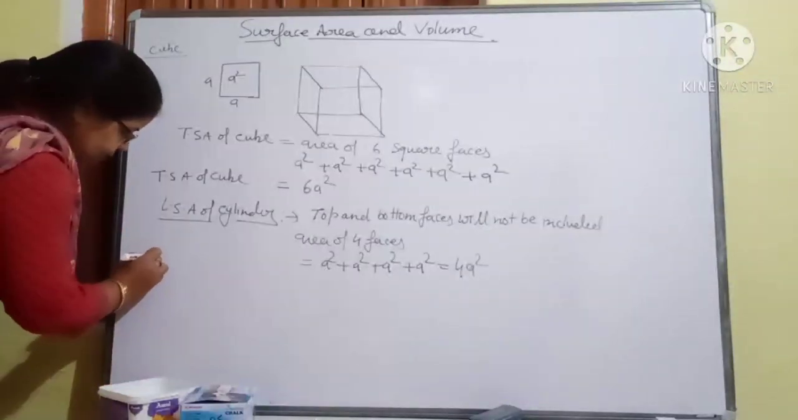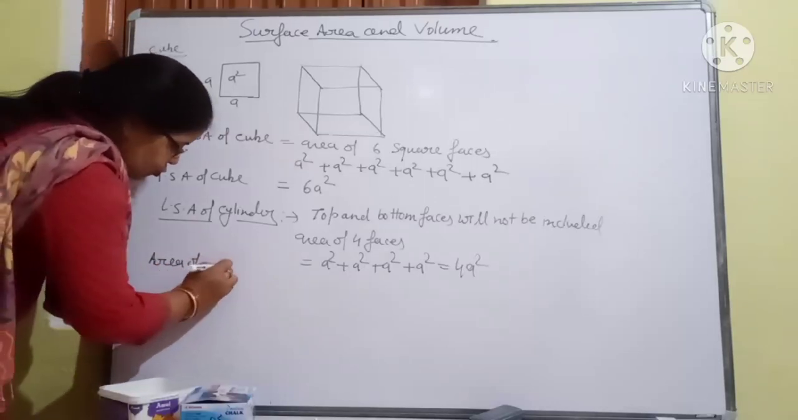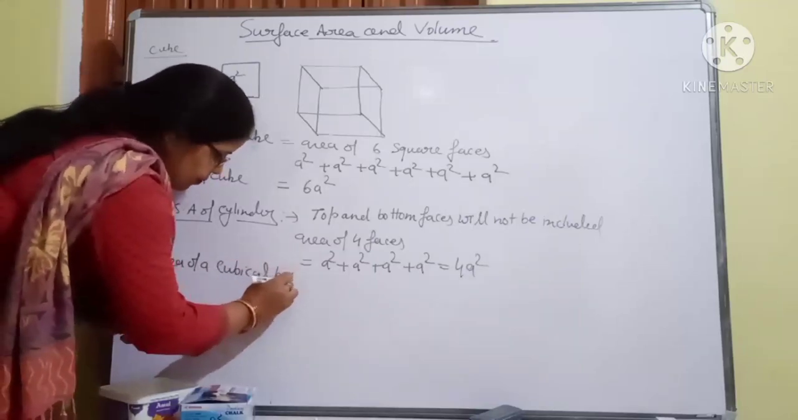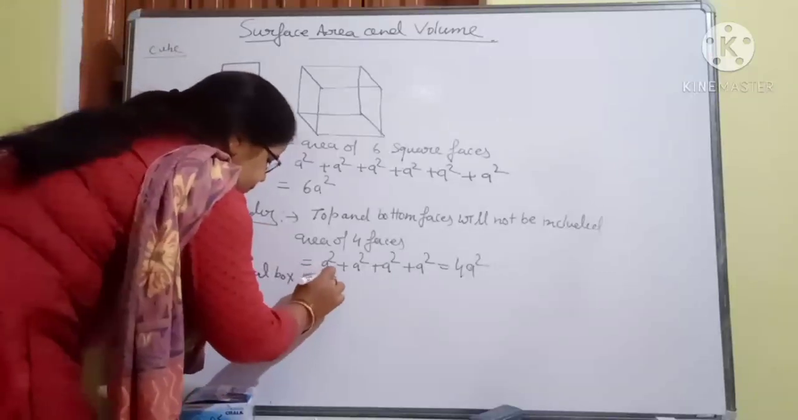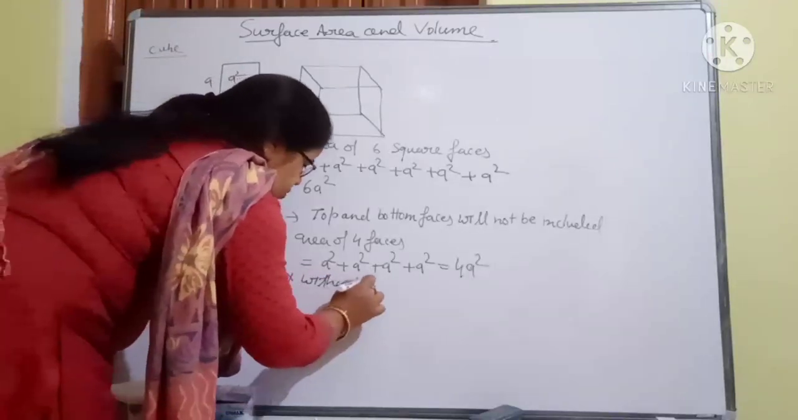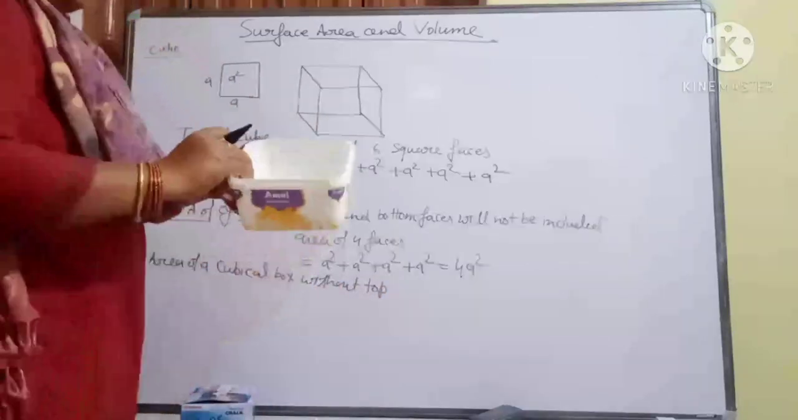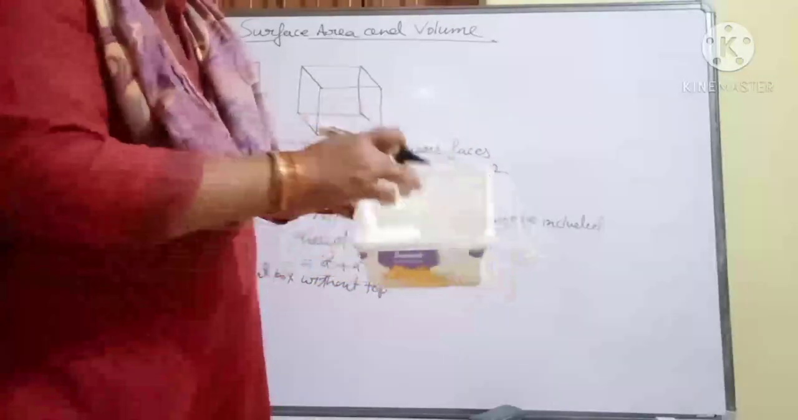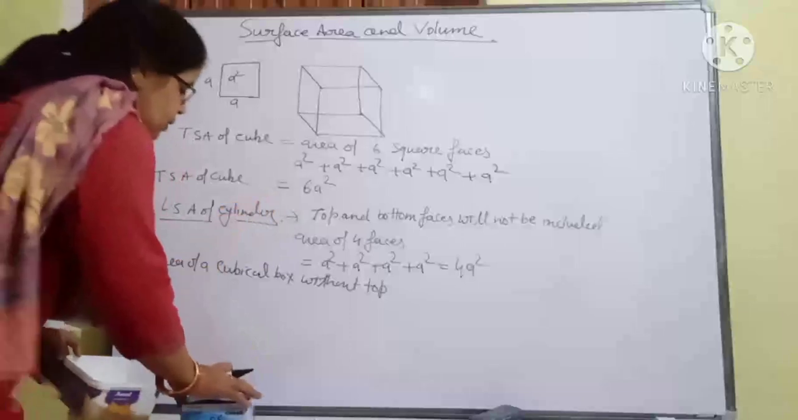Area of a cubical box without top, means top is not included. So how many faces will be there? You can see that 1, 2, 3, 4 and 5. 5 faces will be there. So what will be? Area